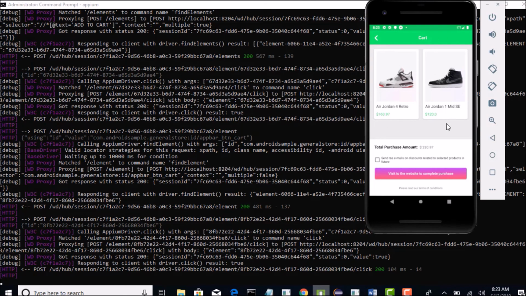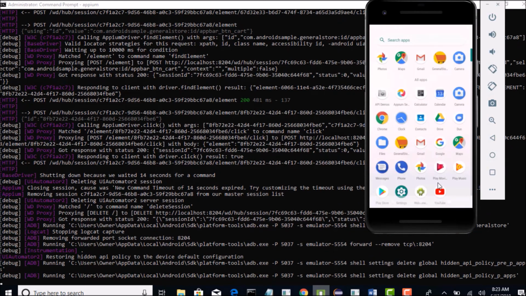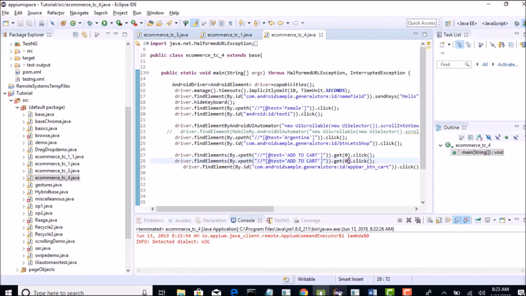You see that it clicked on 2 add to carts, and now it smoothly moved to the final page with the 2 items. Alright, so in our next lecture, let's start our actual goal of capturing these 2 values, summing up, and then validating with the totals. Again, that's also one of the interesting things, and tricky parts exist there as well. We'll see that in the next lecture. Thank you.